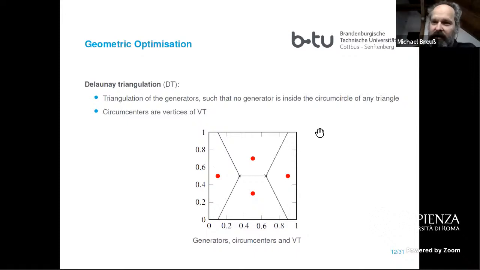Then comes the boundary handling. When you want to consider your boundary, what you need to do with this geometric approach can be seen here in this simple figure, because you have to mirror the nodes at the boundary, the computational nodes that you used here, the red points. And this can be problematic.